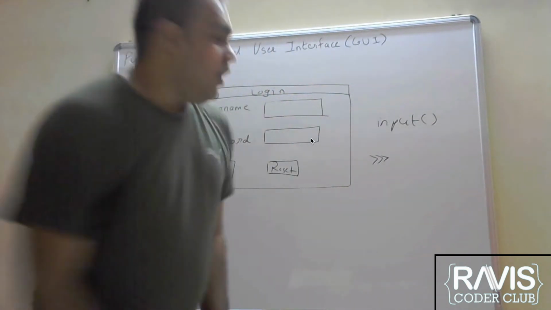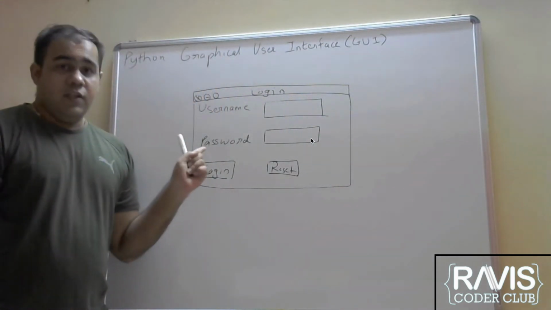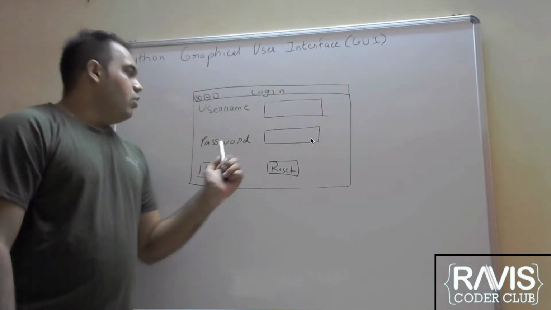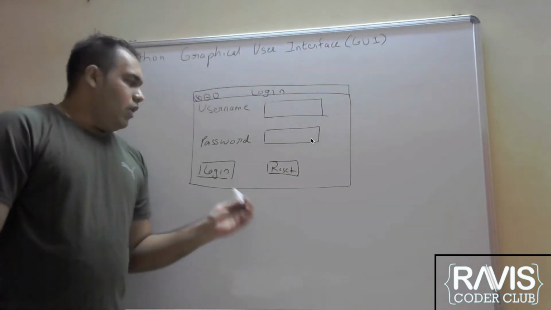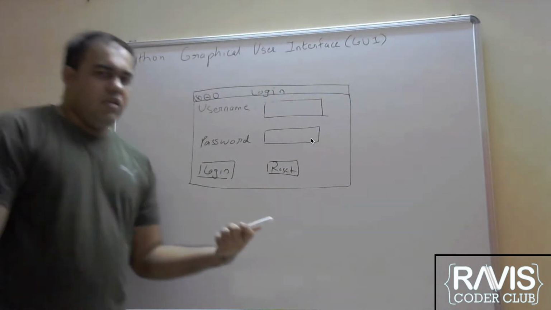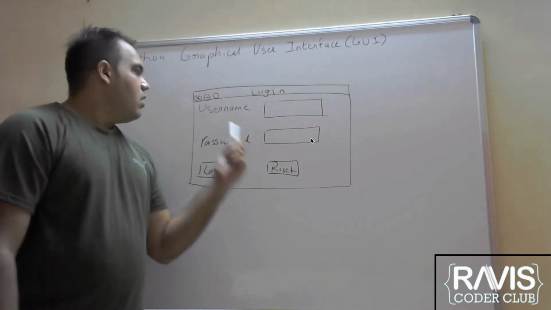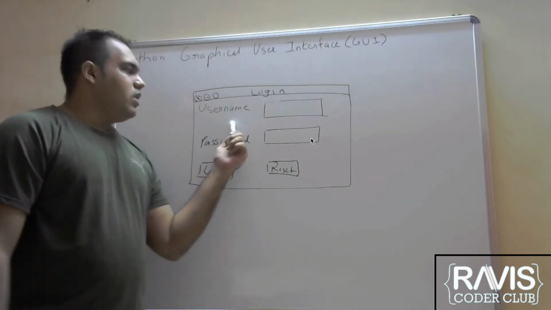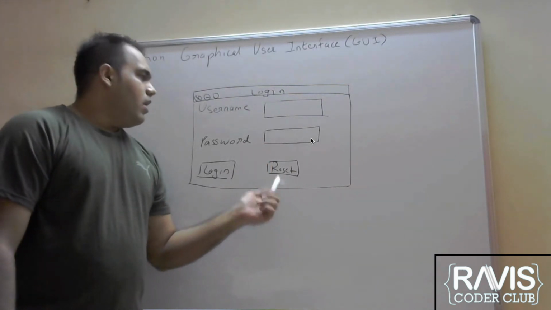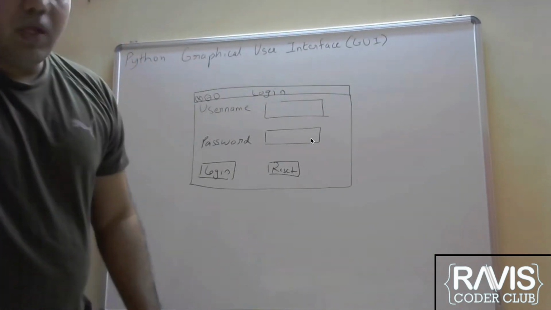A better way of taking input is something like you do every day. Does this look similar to you? When you try to log into your email account, you have to enter your username and password and you have to press the sign in button or something like that, right? So it may look a little more fancier on the actual websites, but it is the very same structure. So you have a window which has username, password, the entry boxes and the buttons, right? Here you can fill in the details. So we can create all this in Python. How to do that, I'll tell you.